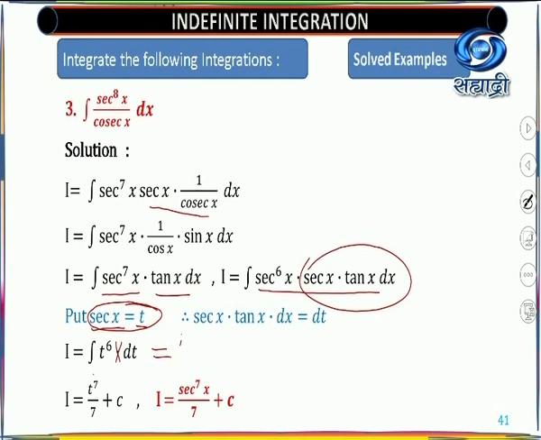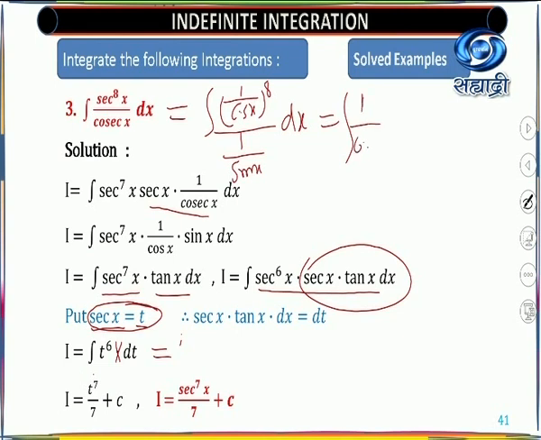Or another method says that here itself you write down sec as 1 upon cos, and you will get 1 upon cos raised to 8 upon 1 upon sine, because 1 upon sine is cosec, dx. So this will be simplified as 1 upon cos raised to 8. So you will get 1 upon cos raised to 7, or you can write 8x, and this denominator's denominator goes to the numerator, sin x upon 1 dx.